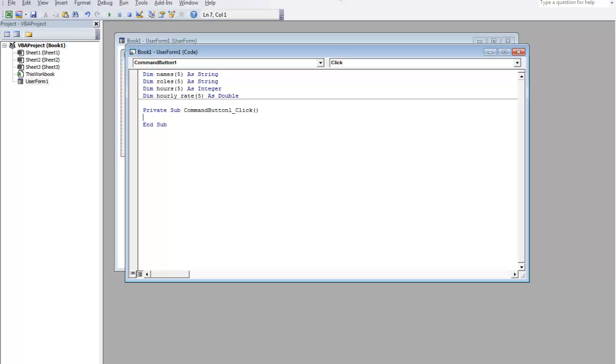Now I'm going to let the user enter names and roles and hours worked. I'm going to do it in a loop to make my life a bit easier, and because I know how many times it's going to loop through, I'm going to use a for loop. For I equals 1 to 5. I want to enter whatever the user types in into names, so it's going to be names. The first time through I want it in position 1, second time through in position 2, so I'm going to use I